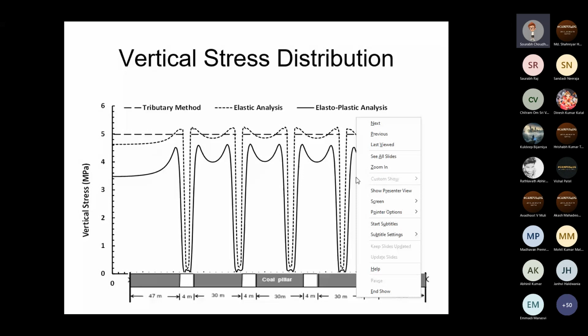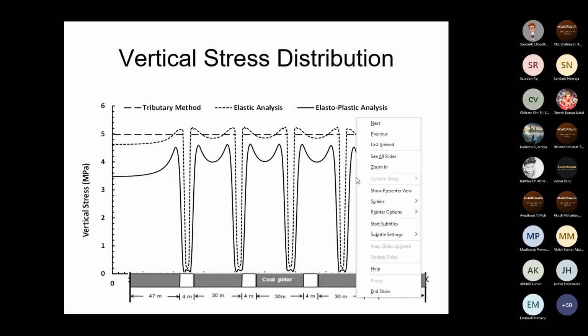A straight line is telling you that the stress is the same all across the width of the pillar. Am I right? It is not changing at all, either across the length or across the width of the pillar. It is the same all along. It is not changing at all.